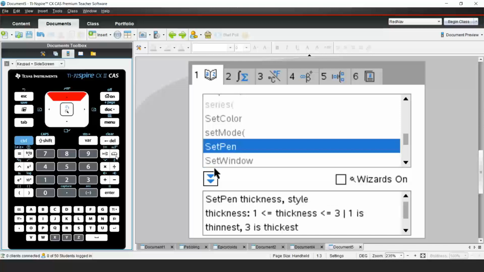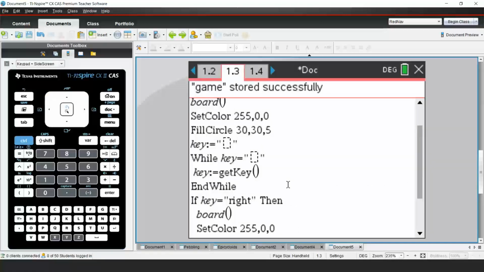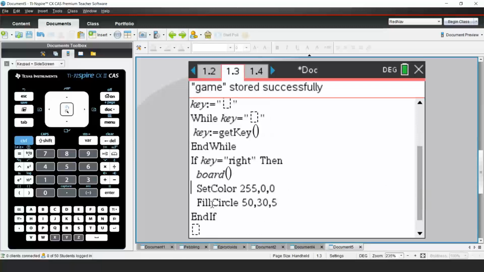Yeah. And the set pen, which was another command I used in that pebbling one to make the current location that I was with my cursor, you can make the lines thicker. So set pen is not the colour, it's the thickness of the line that you're using to draw the shapes. So anywhere between 1, which is the thinnest, and 3 being the thickest. So if I'd gone back here, let's change our fill circle to